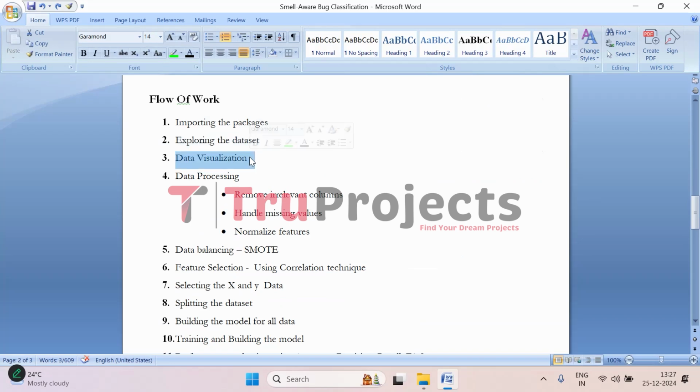Then comes the data visualization. Visualization tools such as graphs and charts are used to explore patterns and trends in the data. This helps us in understanding the distribution of features and identifying potential relationships. Then comes the data pre-processing. Here, irrelevant or redundant features that don't contribute to the analysis are removed to clean the data set. And then missing or null values are either filled in or removed to avoid errors during modeling. And features are scaled to a similar range to ensure that no feature dominates the other, especially for algorithms sensitive to